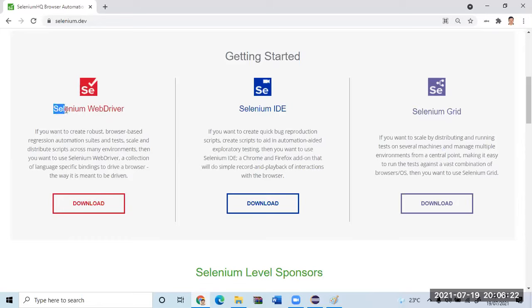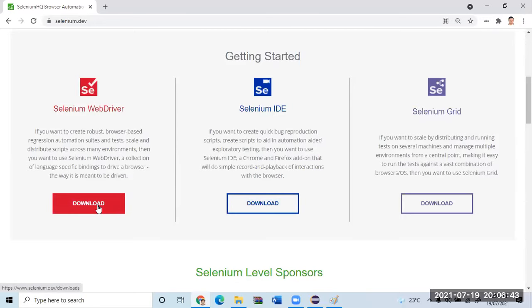Let us start with Selenium WebDriver. We learn the complete Selenium, and then I will teach you how to run the same script on multiple computers at the same time, parallel executions and all. So the thread concept will come into the picture. We'll discuss it. Now what I'm going to do is click on this button here.